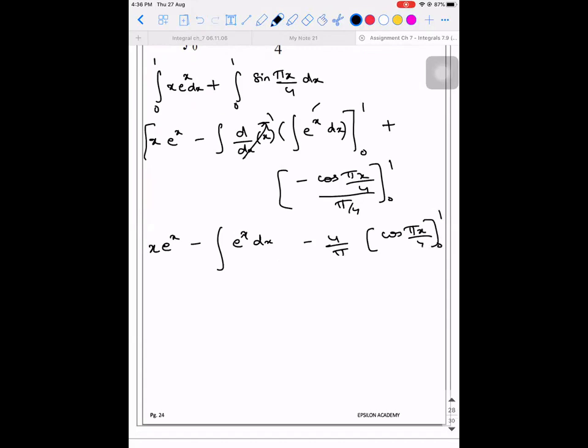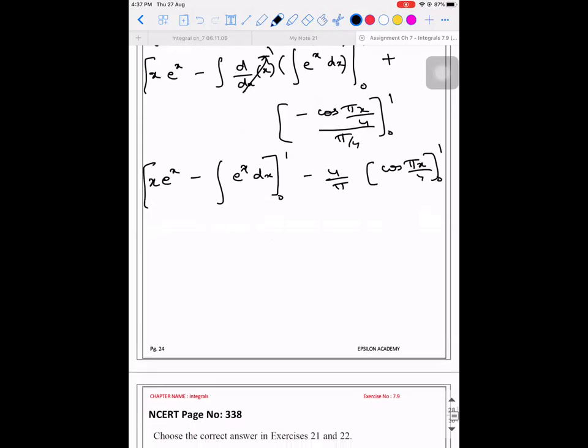Did you understand what I did? I took this minus 1 by pi by 4 outside, that became minus 4 by pi. Into cos pi x by 4, I left it as it is. And this thing is between 0 to 1. So x into e power x minus